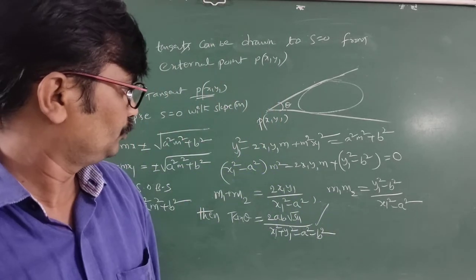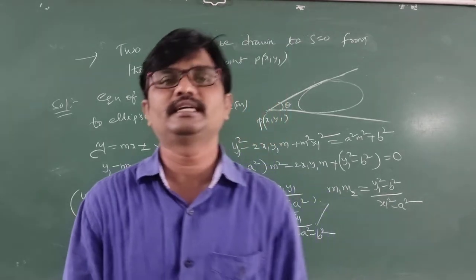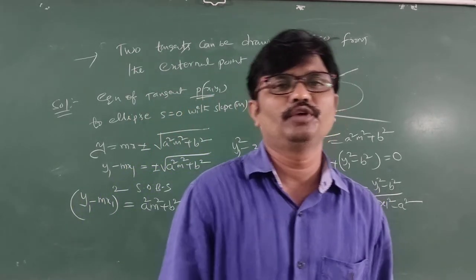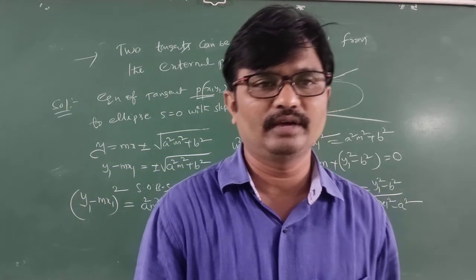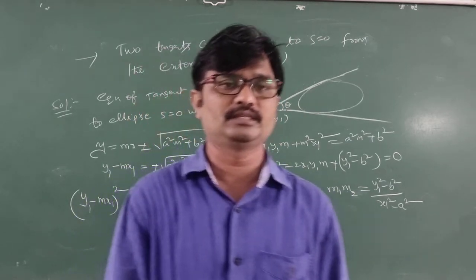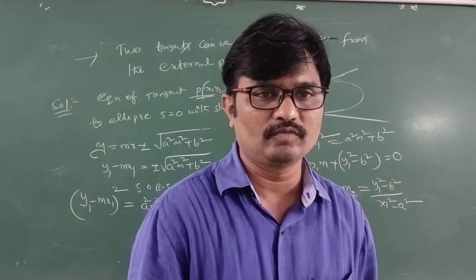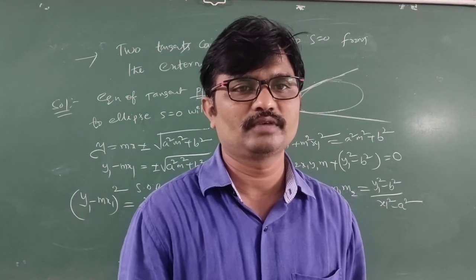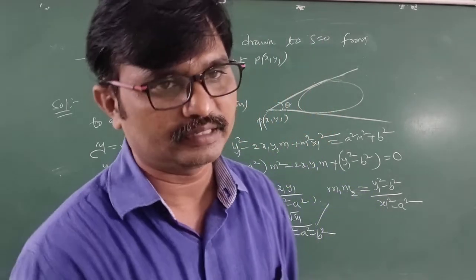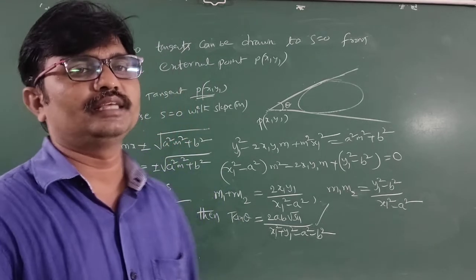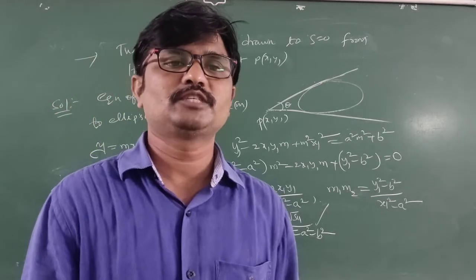Okay students, today we discussed first notations, then position of the point, after that tangent and normal, and also we found the equations of the tangent and normal. And also, students, the condition that the line y equal to mx plus c may be a tangent to the ellipse is c square equal to a square m square plus b square. Suppose the line lx plus my plus n equal to 0, then the condition is a square l square plus b square m square equal to n square. In that case, the point of contact is minus a square m by c comma b square by c. If the line is lx plus my plus n, its point of contact is minus a square l by n comma minus b square m by n.